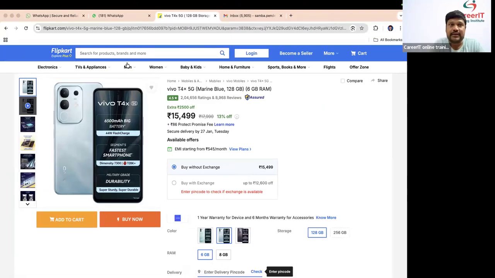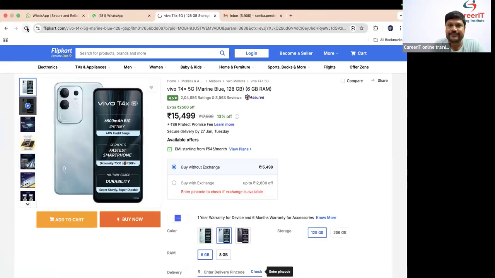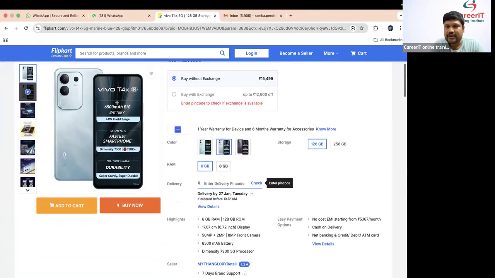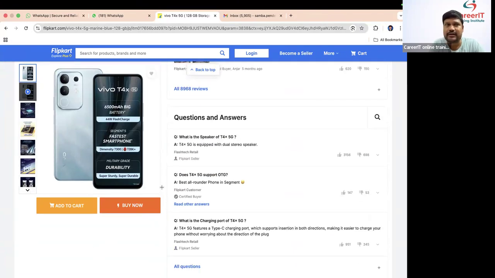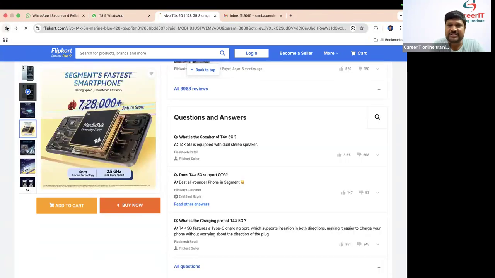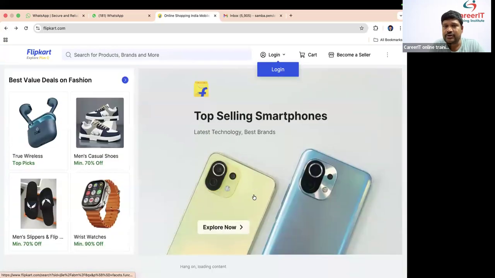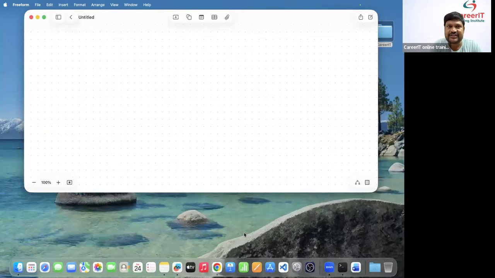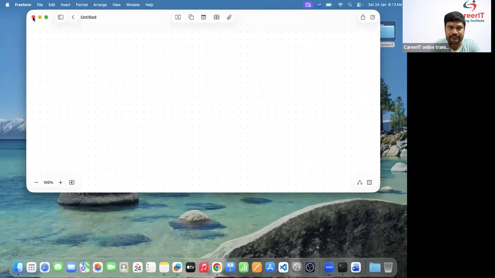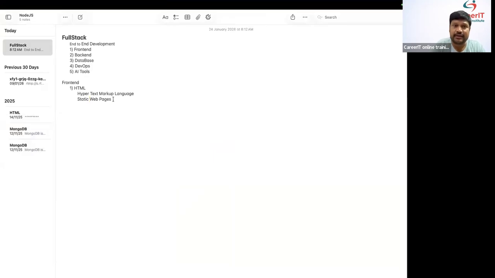Yeah, say this one. Uma, for example, this is one web page. Whatever page we are seeing, this is nothing but one web page. Am I right or not? And go to another web page. For example, this is another web page. To develop these kinds of web pages, we will use HTML. Got it or not?